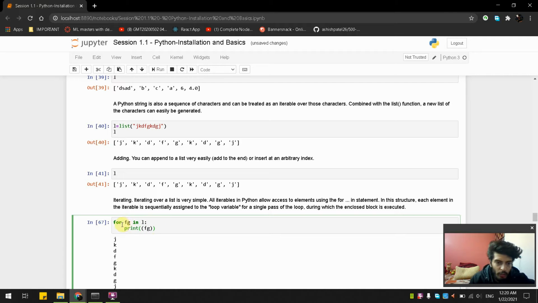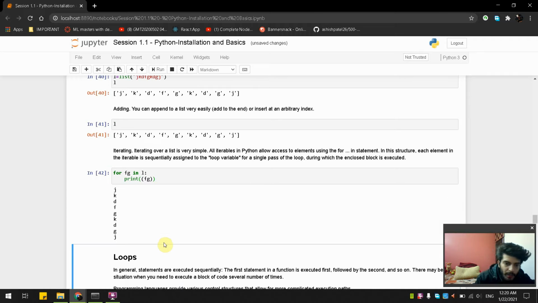A for loop is like for fg, taking some variable, in L, which is our list, and we have to put a colon, and in the next line we need to press tab and print. The next line will always be a tab space away, print, and then we have to print fg, and it is printing the same thing.